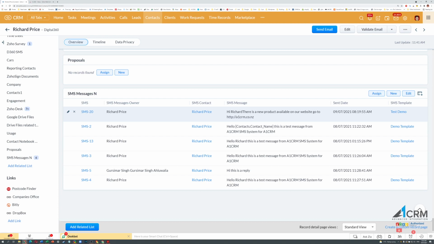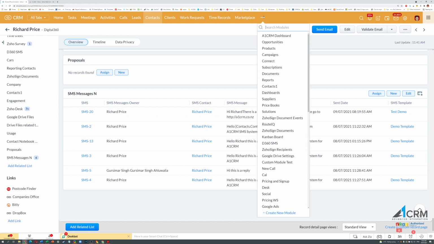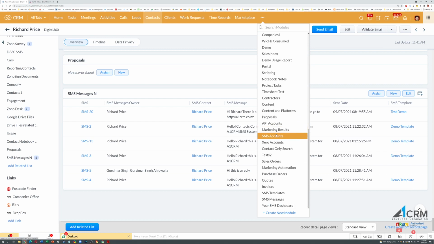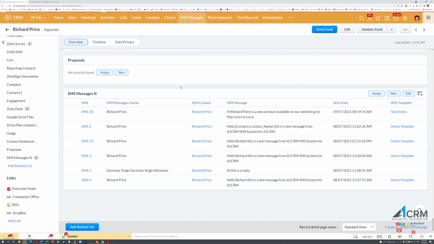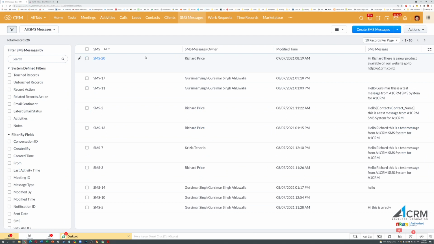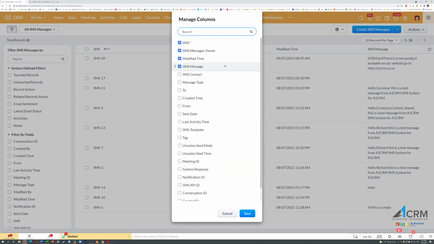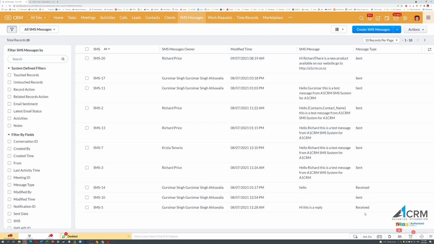So you can have a look at that. If you want to have a look at a bulk send, so all the ones that you've sent, you can go to the SMS messages module, and you'll be able to see all the text messages that have been sent and received. What we can do is add in here the message type, which is sent, received, etc. So if I was to then just reply to this,